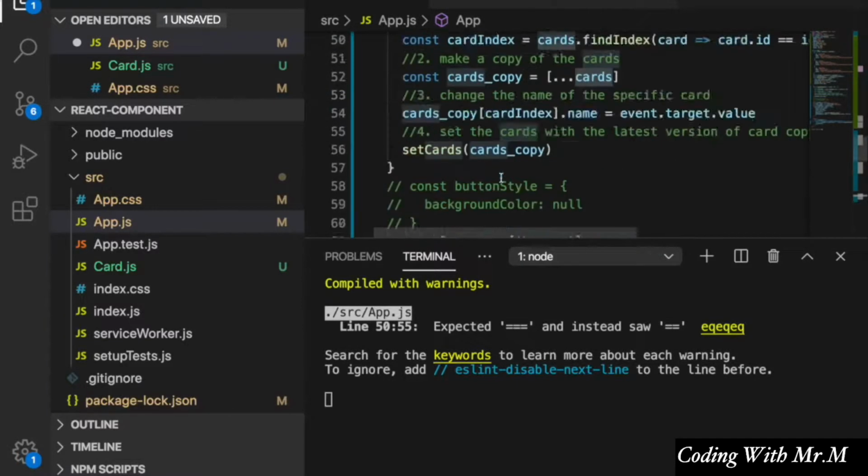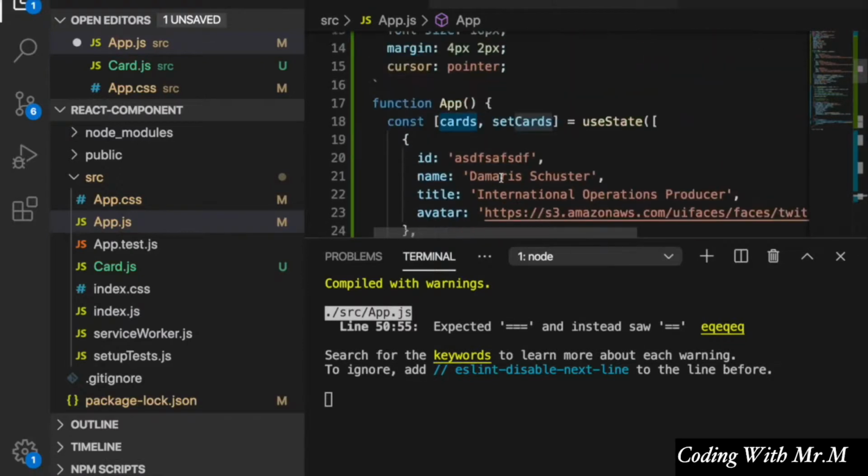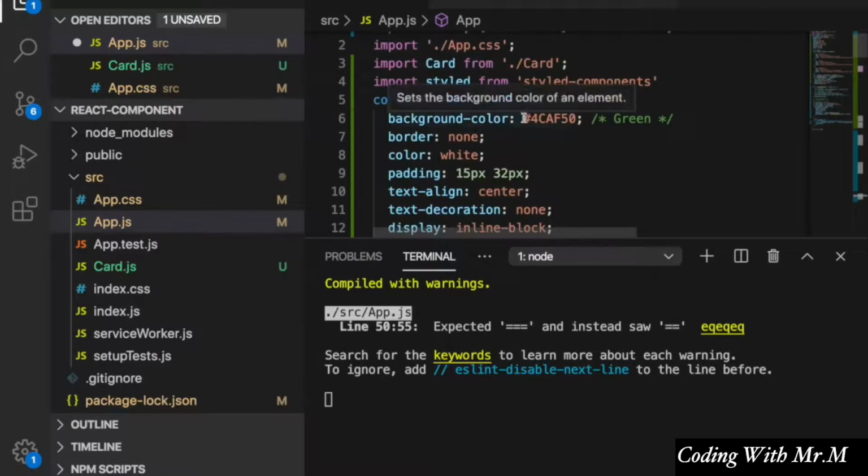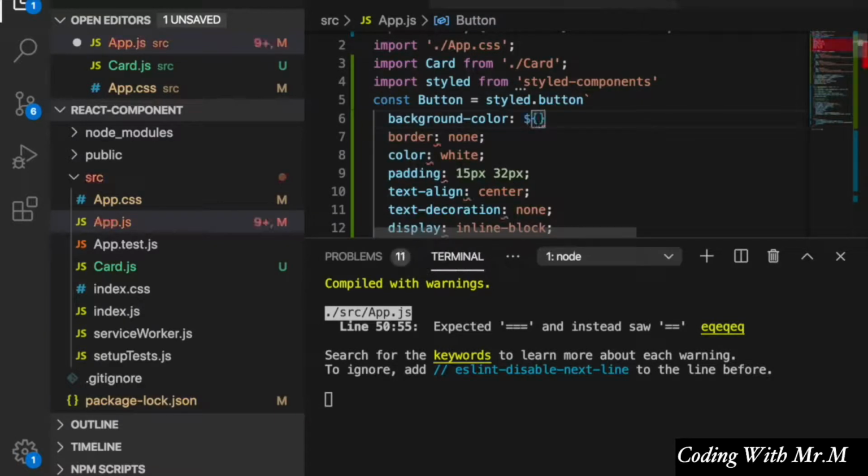Now we can go to the props of the button. Now we can delete this one, and using a template literal, we type props, and since we have the length prop, we can use props.length. So if this is greater than 2,